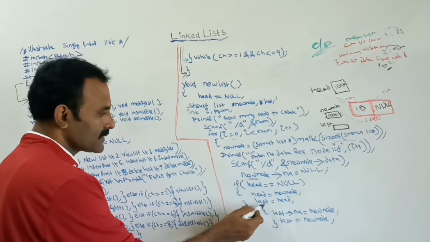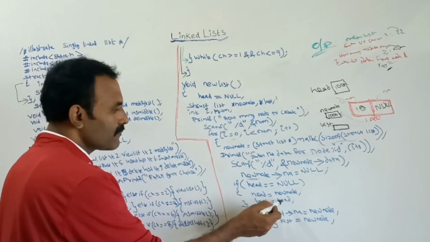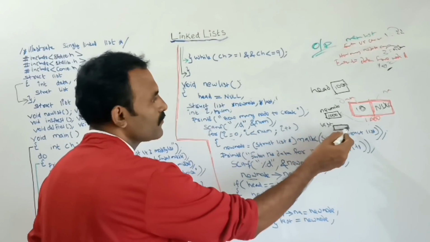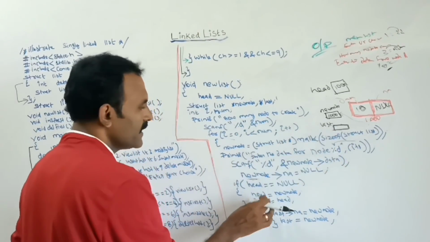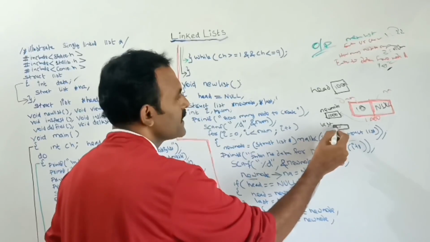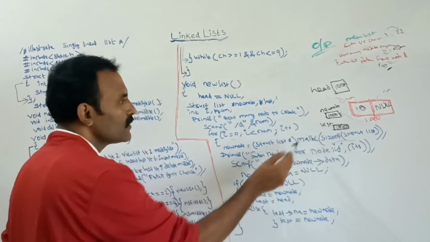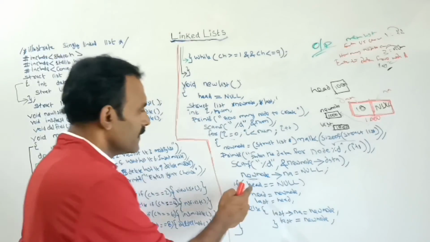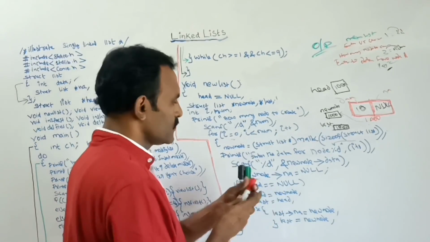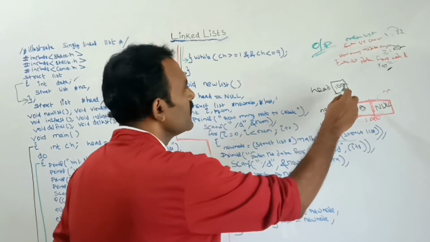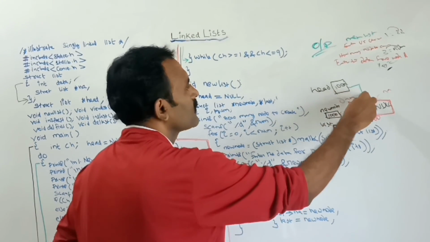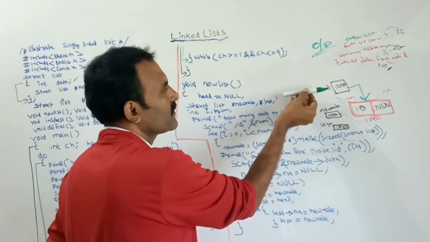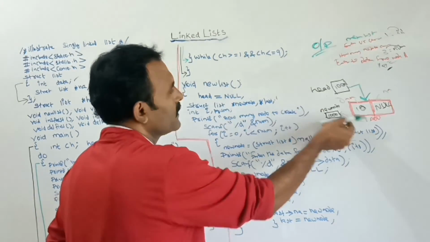Next I am also assigning last as head. This is the last pointer, also a pointer variable. It holds the value 1000, that is, the 1000 inside the head is stored to last also. So the head now holds the new node address and points to 1000. So from head I am linking it to the 1000.